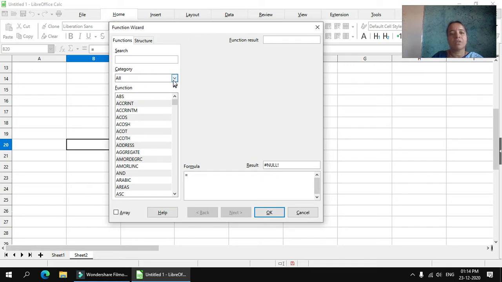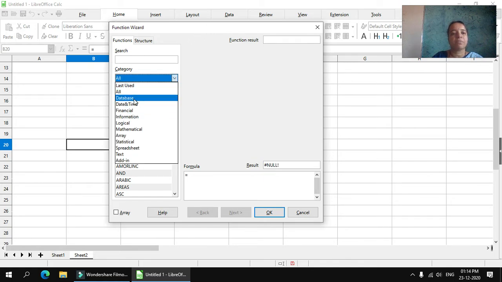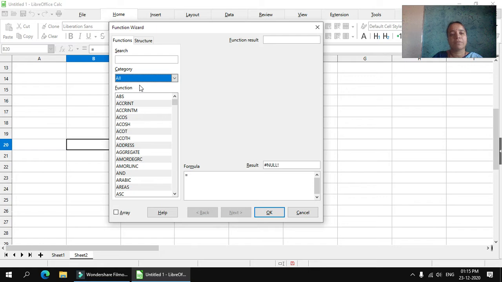Here all categories of functions are available: database, date and time, financial, logical, mathematical, array, statistical, spreadsheet, text. Many functions are available, and you can make use of those functions. Now select the mathematical functions. We'll see how to work with some of them in the Excel sheet.